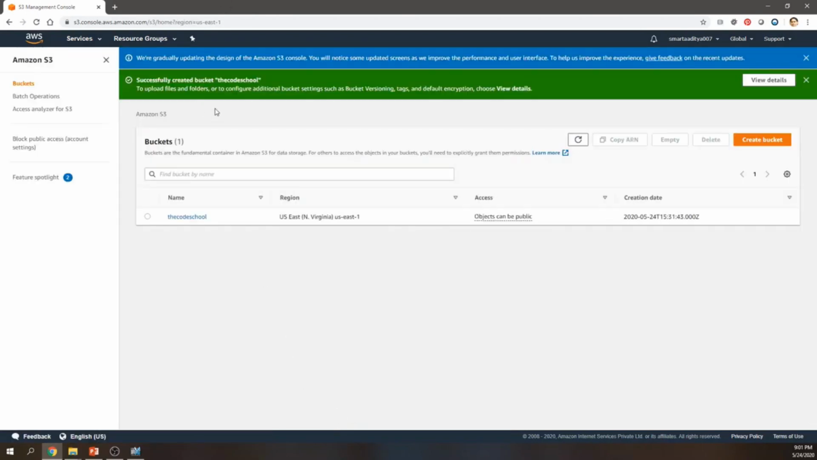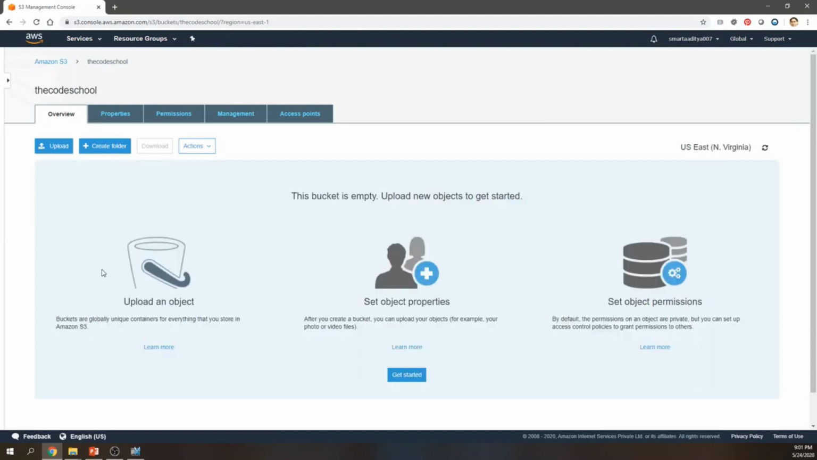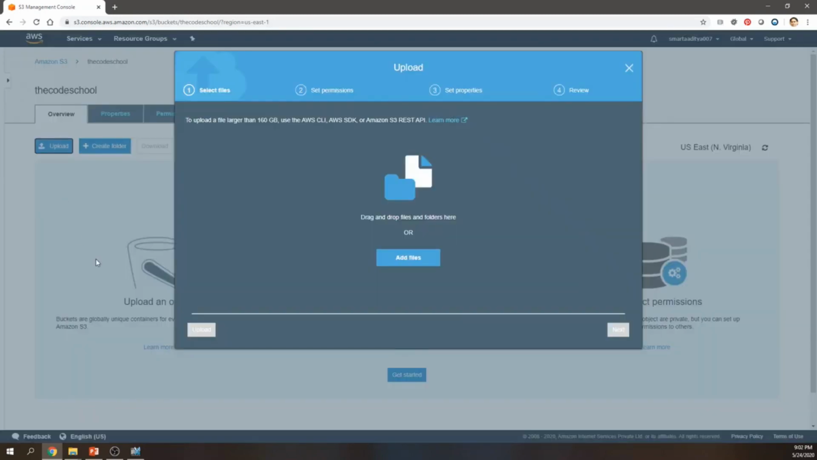So once your bucket is created, you will see the successfully created bucket with the bucket name. This is the bucket that I have just created. Click on the bucket name, and then you will see nothing here. So next step is to click on the upload